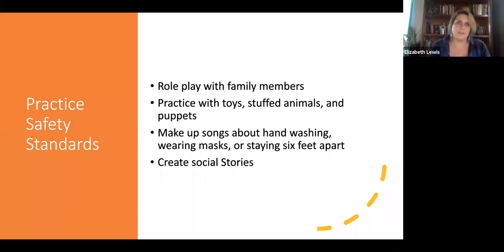Most of our kiddos love music, love to dance, love to sing. So get creative. Make up some songs about washing hands, wearing masks, or staying 6 feet apart. Those are ways that our kiddos learn. And remember that multisensory approach that we're telling our teachers to use. Well, we want to remember that we can use it as well. We can think out of the box and get creative to help our kiddos retain that information and carry it